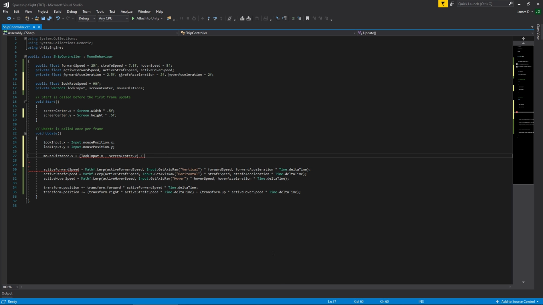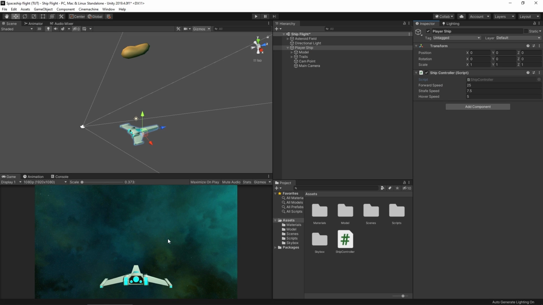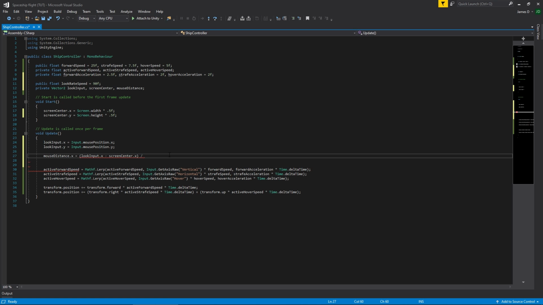And the reason we'll do that is because essentially what we're saying is on the x-axis we want to make our ship here move to the right, say for example. Actually, no, I'm not going to explain this. I'm going to show it when we get to the point where this matters. So I won't divide it by this value just yet. Instead, I'll divide it by the x-axis value. So I'm going to say screen center dot x, and the reason we'll just do x for now is basically